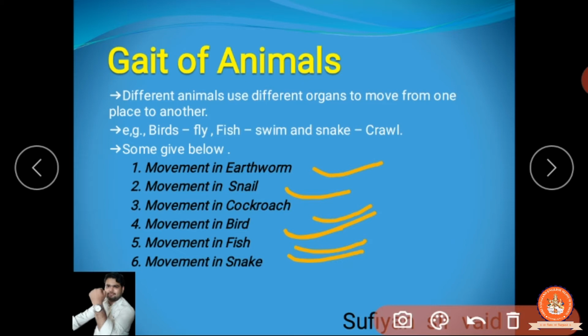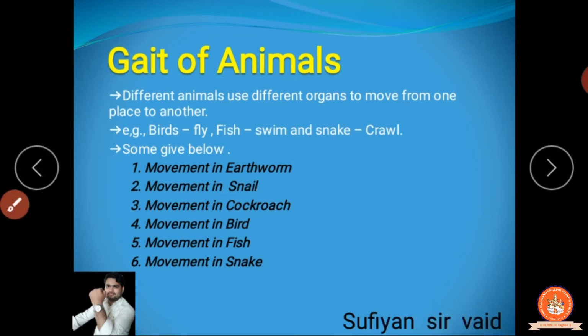How the fish swims, if humans do the same movement, then humans can also swim. The swimmers, whoever swimmers are, they go into the water. Clear? They swim, so how do they swim? They observed the particular animal, the fish, how it swims, and from that observation they copied this thing and they became swimmers. And the snake, how the snake moves, we will study one by one.